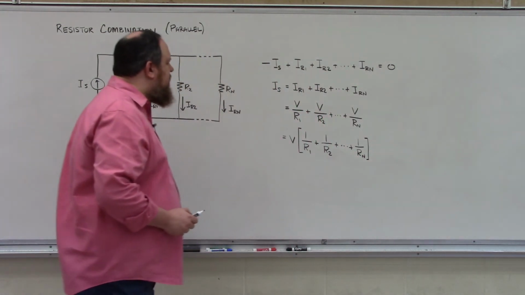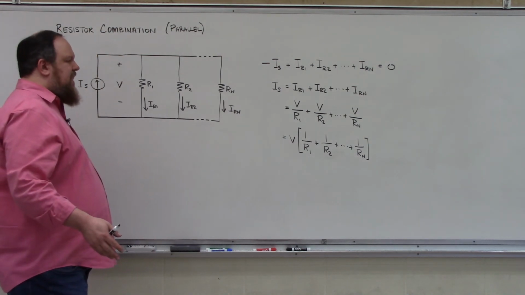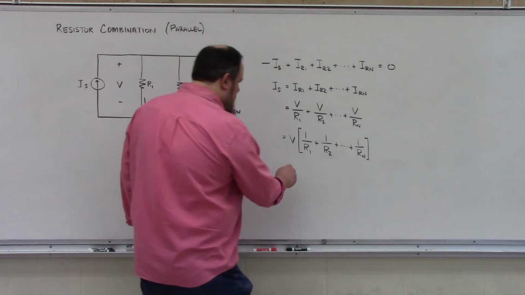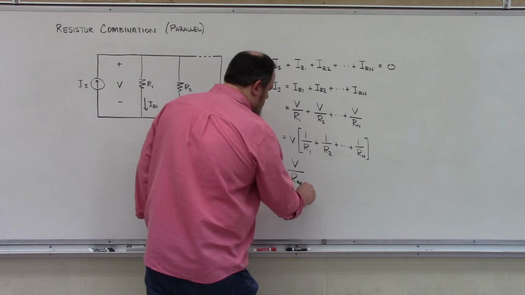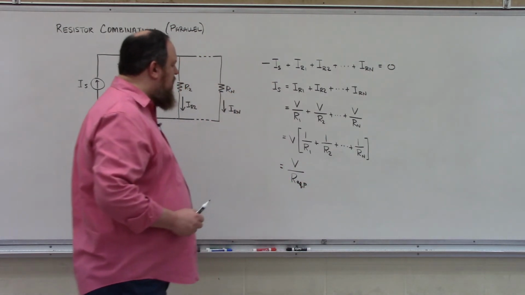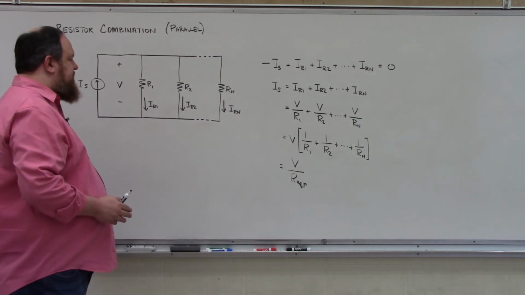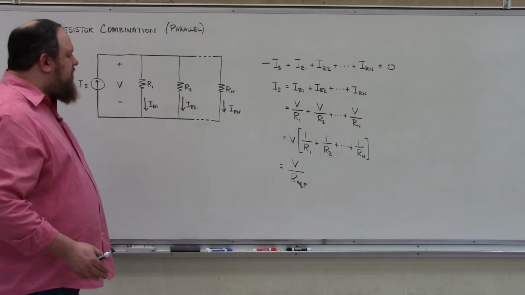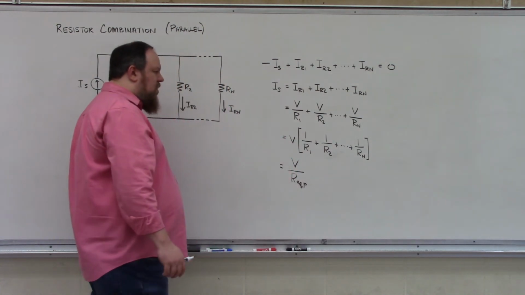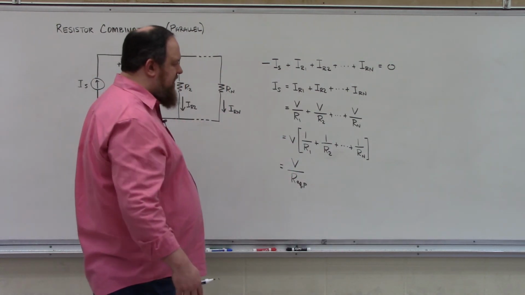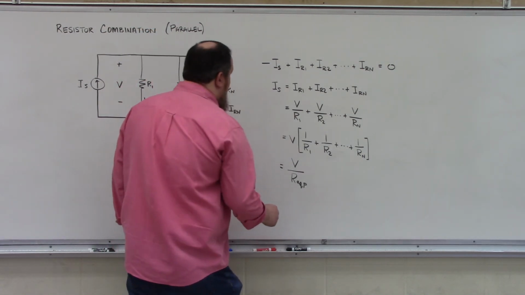And so I see that the current source doesn't really see the individual resistances. It just sees an equivalent resistance Req,P, where the subscript P is being used to illustrate that all of these resistances are connected in parallel. So we can do just a little bit of algebra and relate this term, 1 over R1 plus 1 over R2 plus dot dot dot plus 1 over Rn, to this 1 over Req,P, and we find that